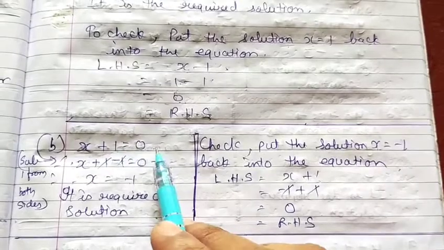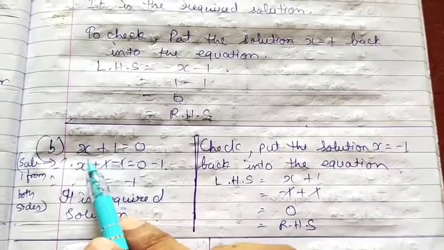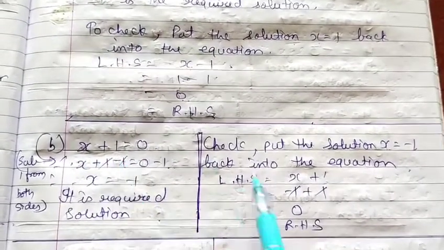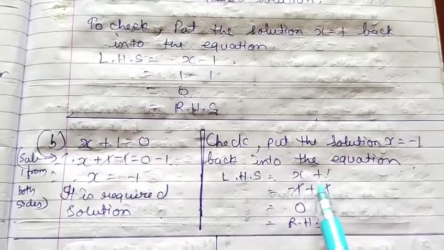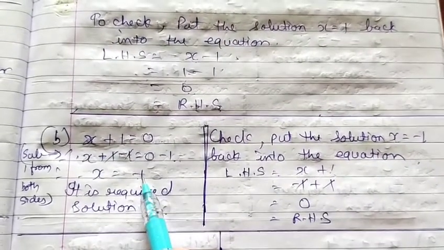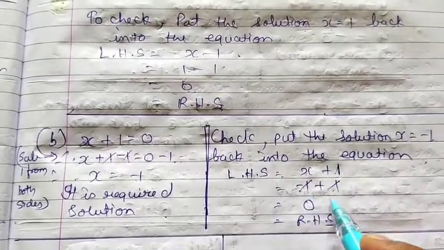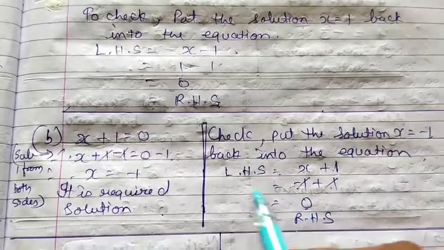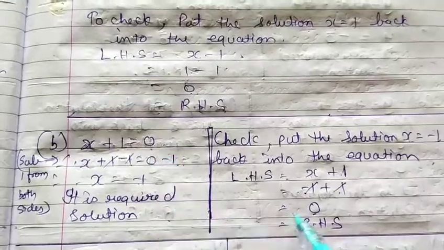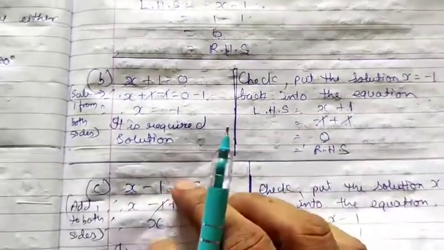Now this is your equation. This is your left hand side. Write down left hand side equals x plus 1. In place of x, you have to place this value, minus 1 plus 1. The minus 1 plus 1 will get cancelled, 0, which is equal to the value on your right hand side. Which is equal to the right hand side. Now the next one is